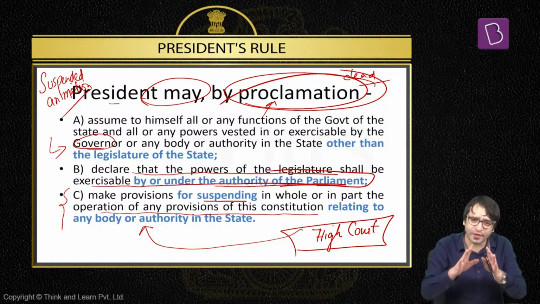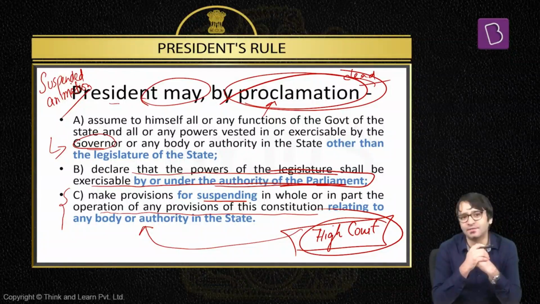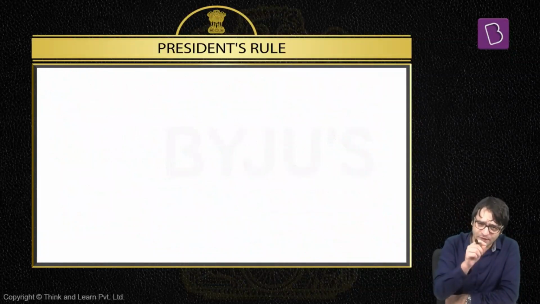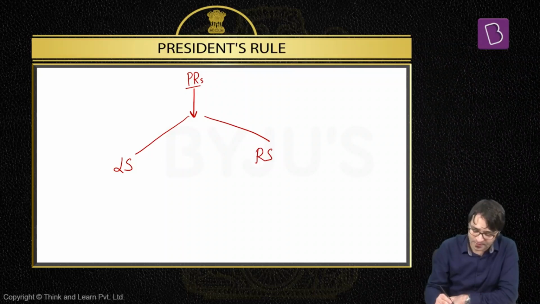And one by one, any provision of Indian constitution, when it comes to its application to that state, which is placed under president's rule, this constitutional provision can be suspended except the provisions related to the High Court of that state. This is what happens in a president's rule. But we will come back to its effects slightly later. First, I tell you, president's rule is imposed by the president, and this president's rule shall have to be approved by both houses of the Indian Parliament, Rajya Sabha as well as Lok Sabha, within 2 months of its proclamation, that too by simple majority.